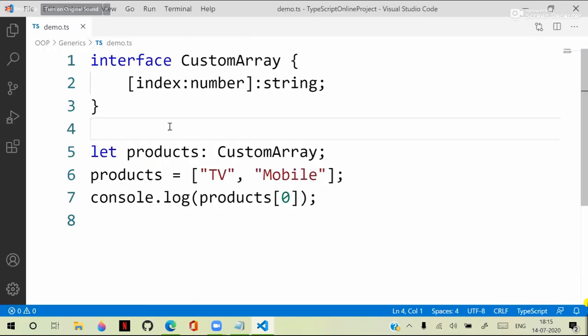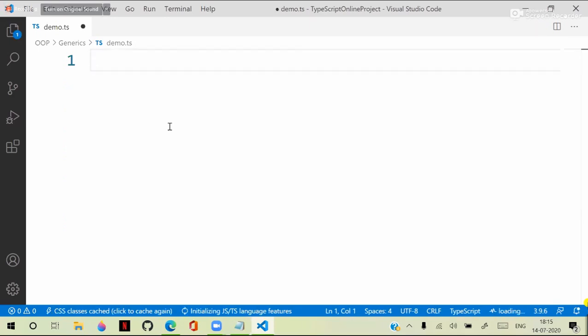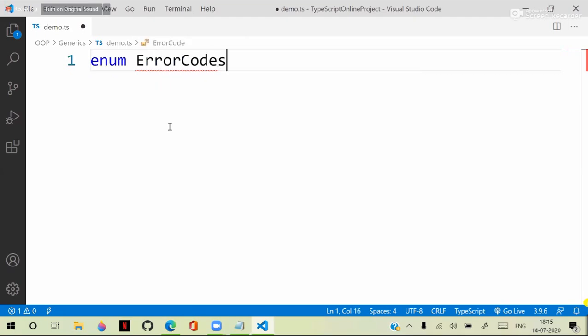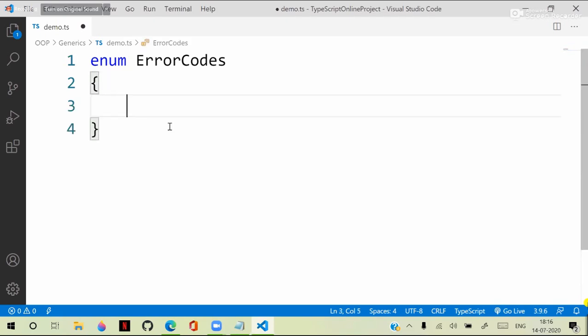So let's create an enum. We are configuring an enum, enumeration, enum type. So what is the enum name? You can define an enum name, enumeration name. Suppose I give ErrorCodes. ErrorCodes is the enum name, and I'm defining some